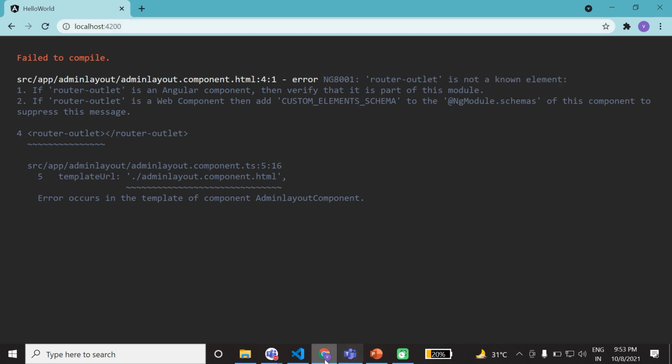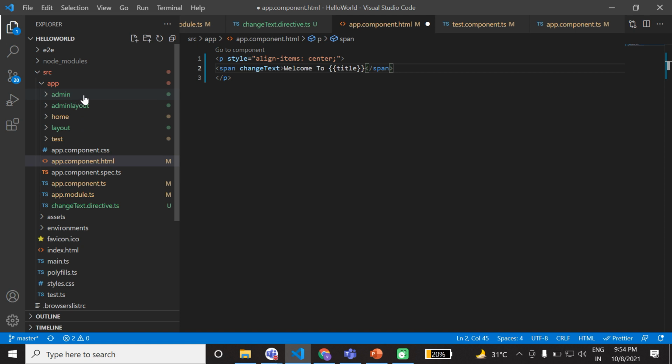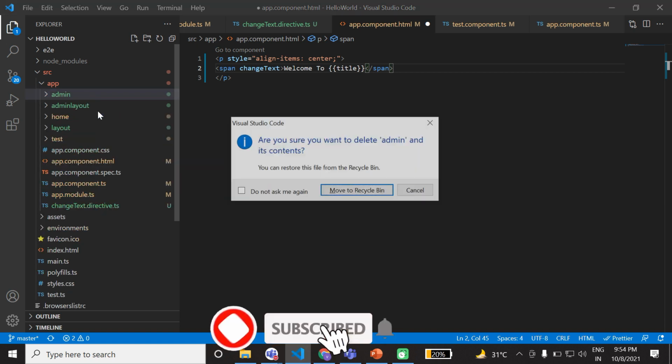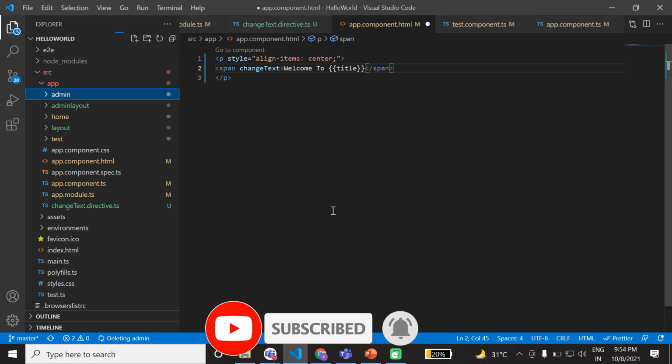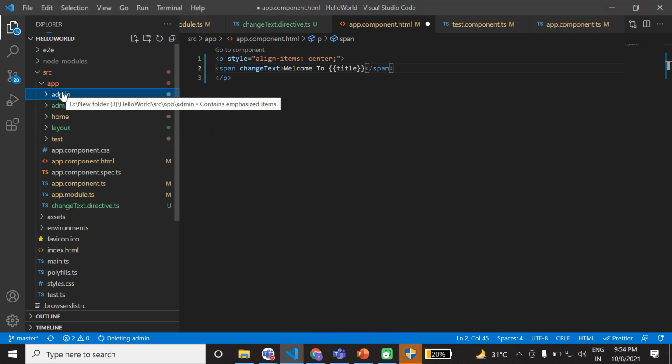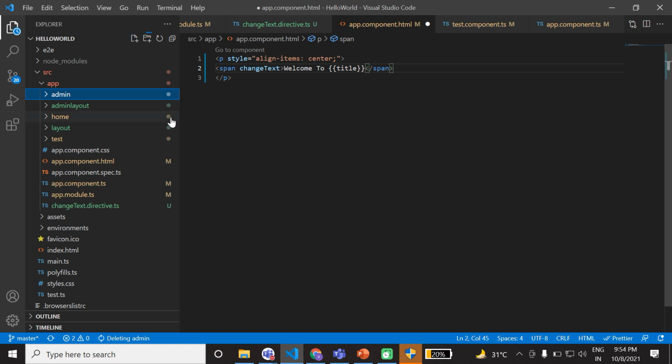If you see inside this admin layout component, not an issue, I will delete it. I'm deleting a few things here so the code can be clean. I already explained this to the other joiners.